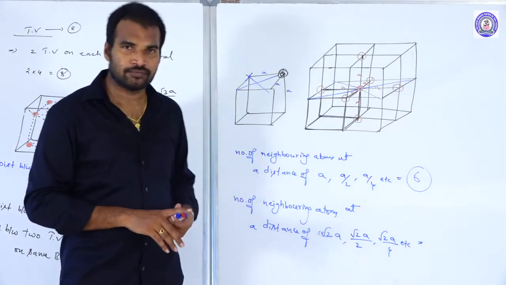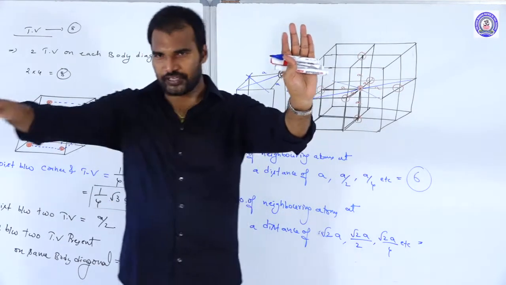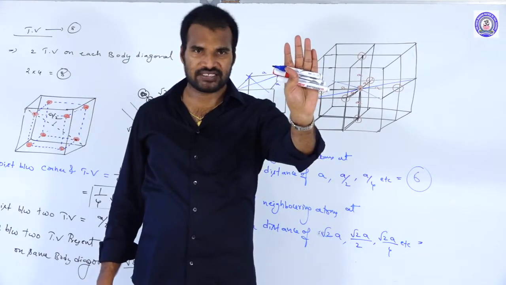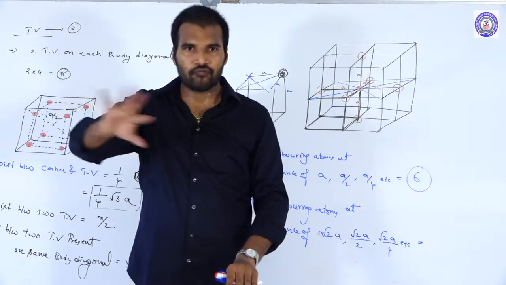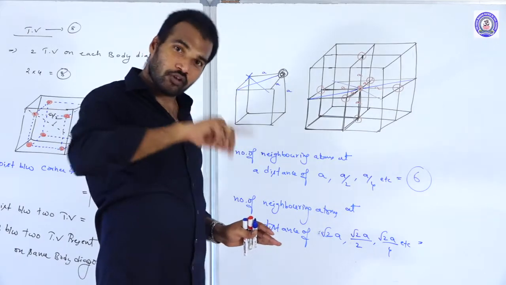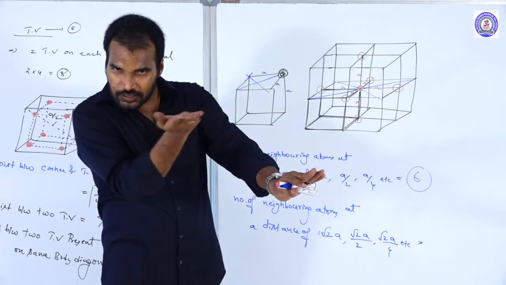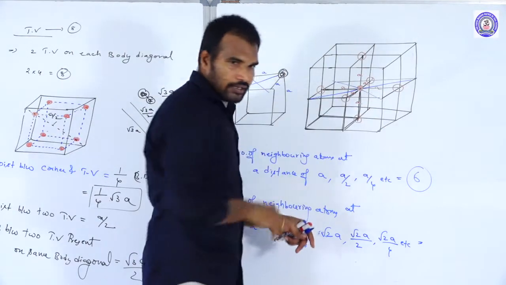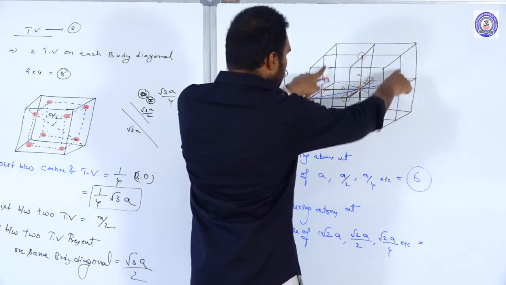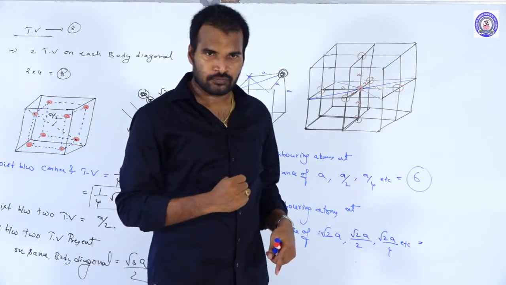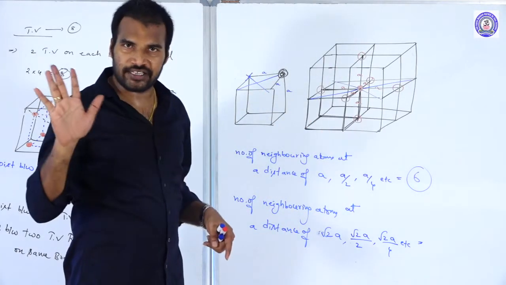Total how many planes are there? So there was a simple step. 1, 2, 3. In this plane, 4 phase diagonals. In this plane, 4 diagonals. In this plane, 4 diagonals. Total how many are there? 4 3s are 12. Understood? So now we discuss this plane. In this plane, how many are there? 4 are there. Similarly, in this plane, you consider. In this plane, how many phase diagonals? 4. Okay. Next one more thing. In this plane, 4. Clear?